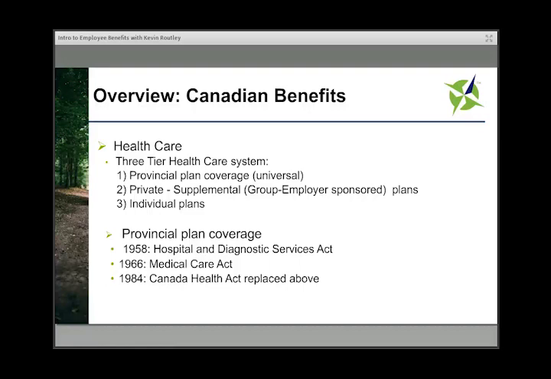And finally, in 1984, the Canada Health Act replaced all of the above, and it was a publicly funded healthcare system which had dynamic reforms that were made over the 4 decades, and it was in response to changes within medicine and throughout society. The basis, however, remained the same: universal coverage for medically necessary healthcare services provided on the basis of need rather than the ability to pay.